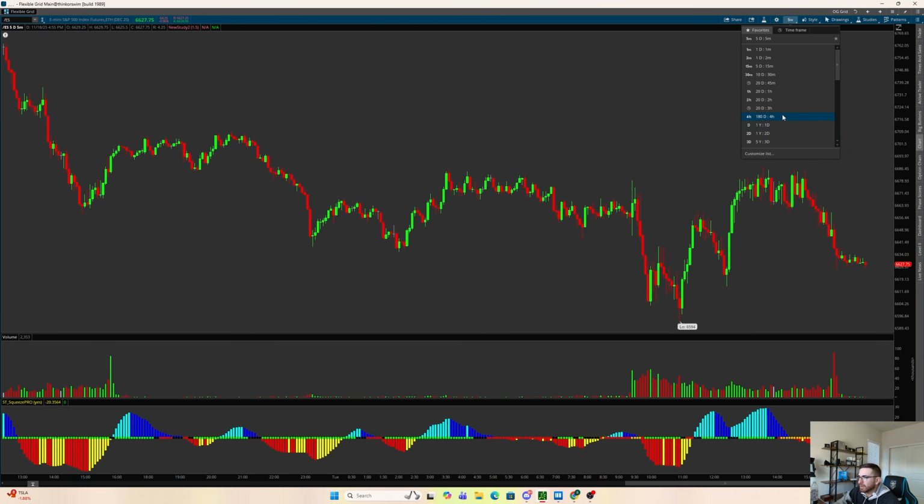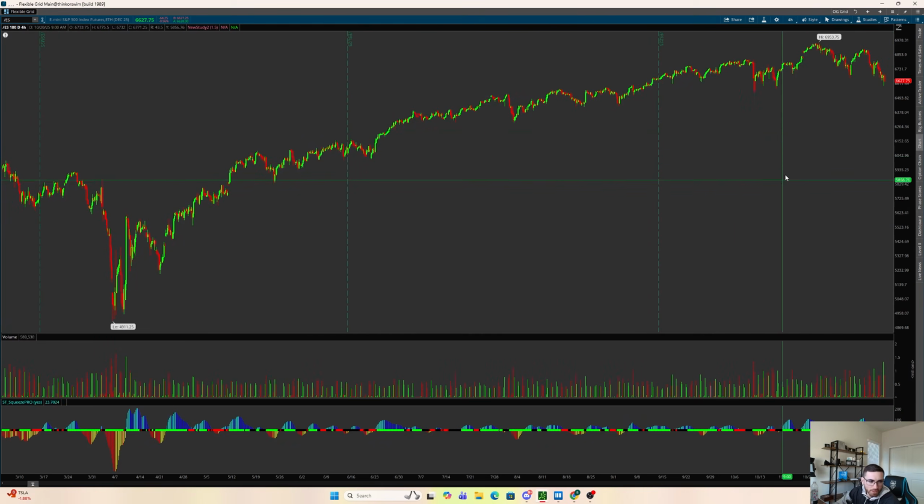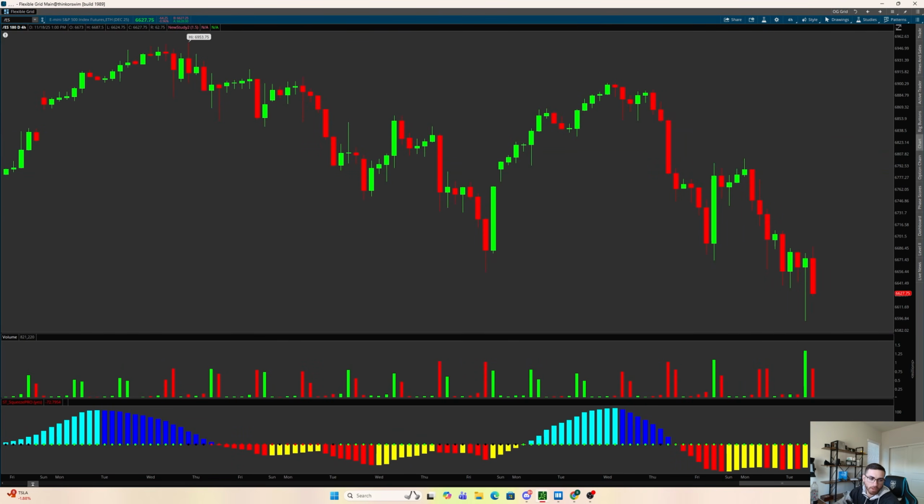Yesterday I ended up taking a rejection, and I think it was based off of the 4-hour supply zone that we had right here. I do all this live on my YouTube channel. I called the trade from start to finish. We have this big move down. Look, one candle to the left, we have this small green candle. So what we want to do is mark the lower wick of that green candle